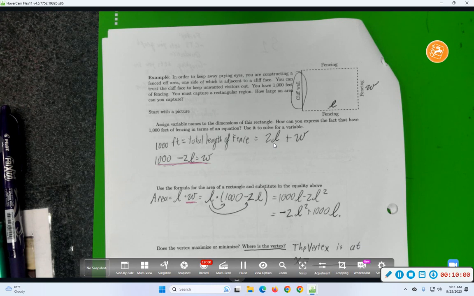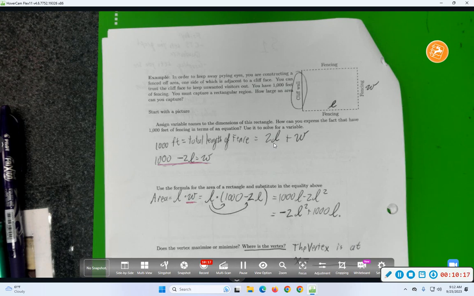Well, the vertex formula says the vertex is at negative b over 2a, where a, b, and c are the coefficients. So, what's a? Negative 2. B is